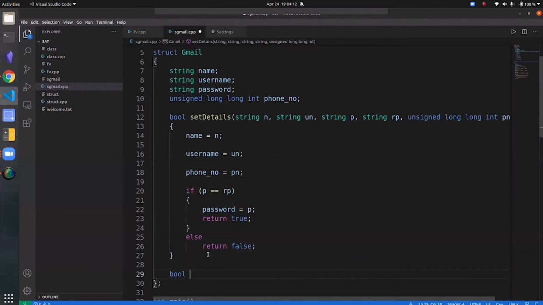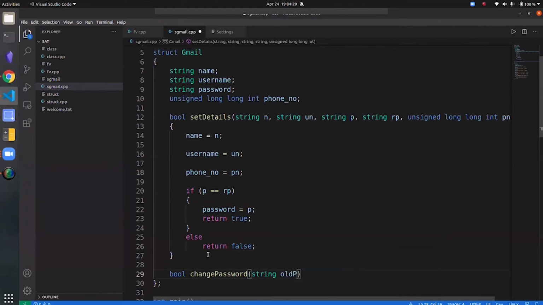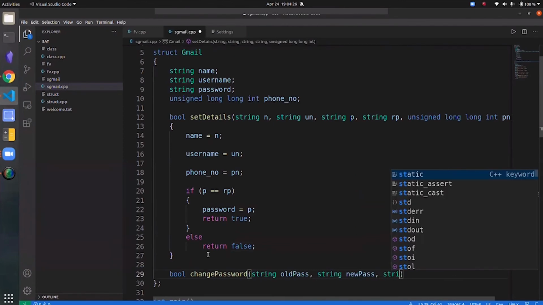We'll do the same thing here. What we'll do is we'll do change password, and we'll have old pass, we'll have new pass, we'll have new pass again.